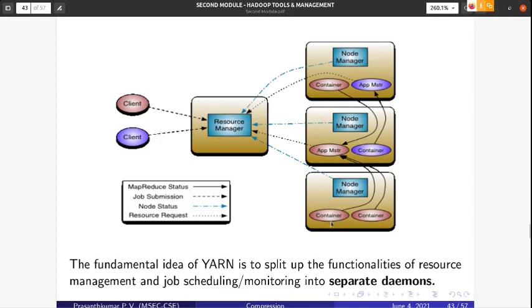This node manager will kill this container, and this node manager will kill this container. So starting a container and killing a container, who will do it? The node manager will do it. How does it start? The application master will give the instruction to the node manager for starting, and the application master will give the instruction to the node manager for killing. So the node manager will do that operation, but the instruction comes from the application master.